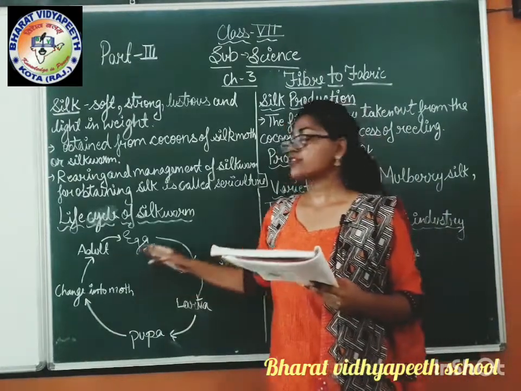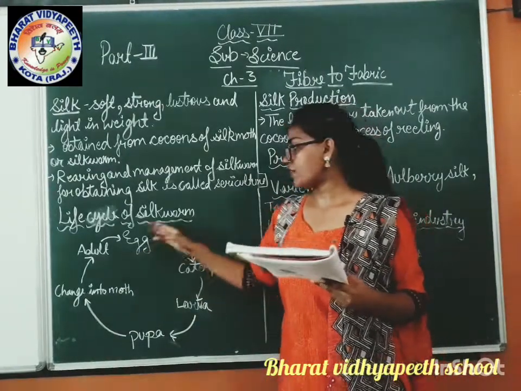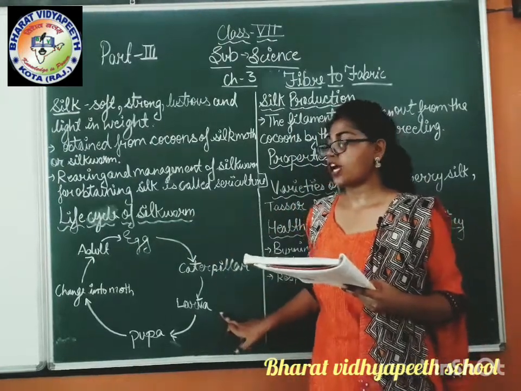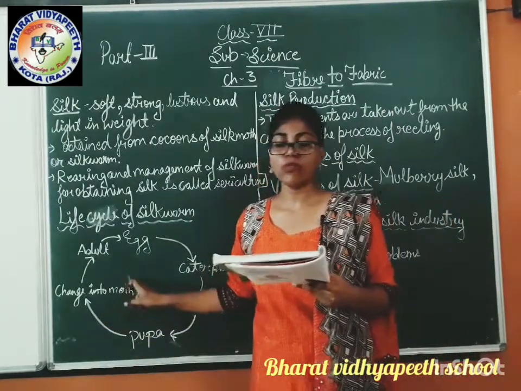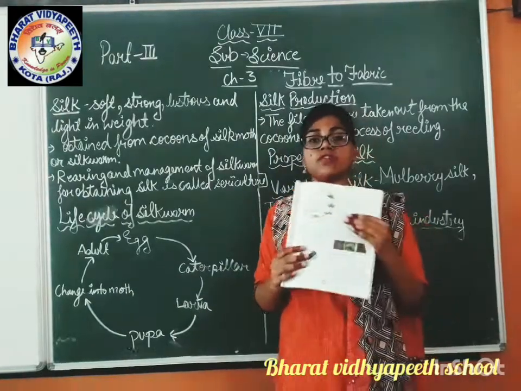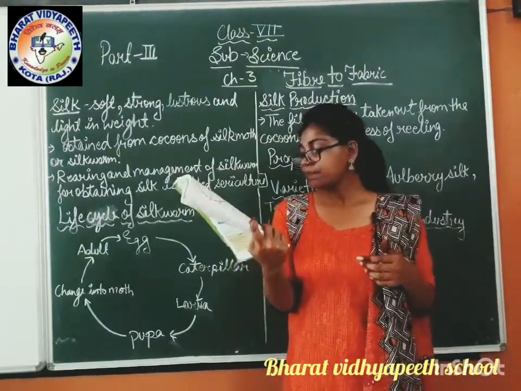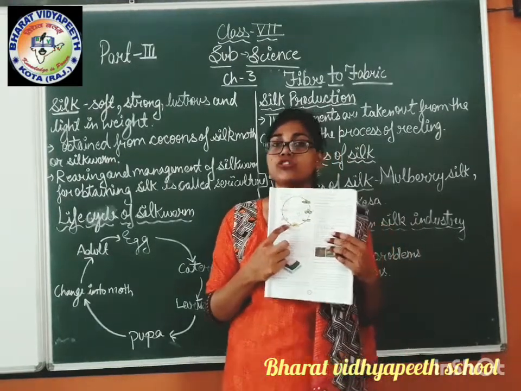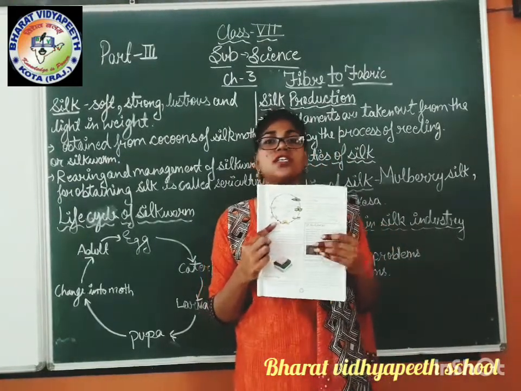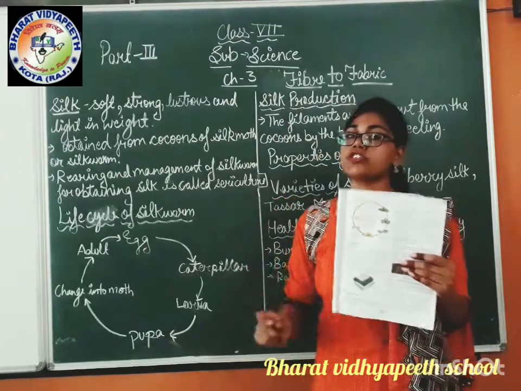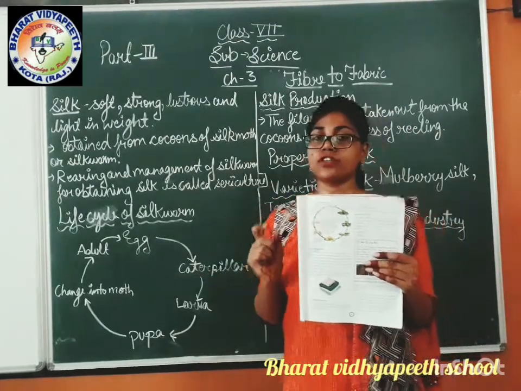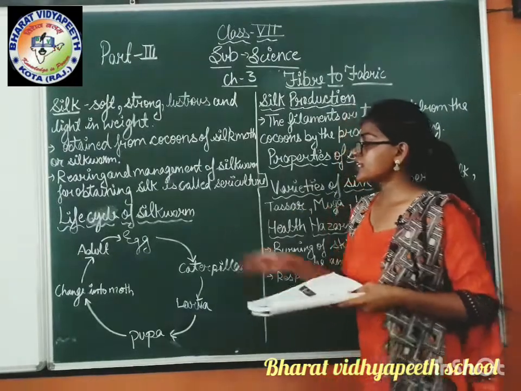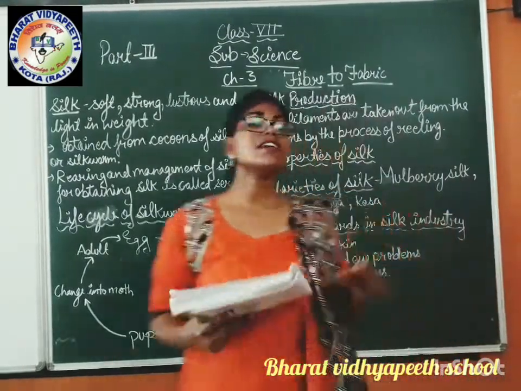The adult gives small tiny eggs again, and again from egg to caterpillar, from caterpillar to larva, to pupa, and it changes into the moth. This life cycle has been given in your book on page number 31, and you have to draw this life cycle in your notebook so that you can understand the different stages of the life cycle of the silkworm easily. After the life cycle of the silkworm, the next topic is silk